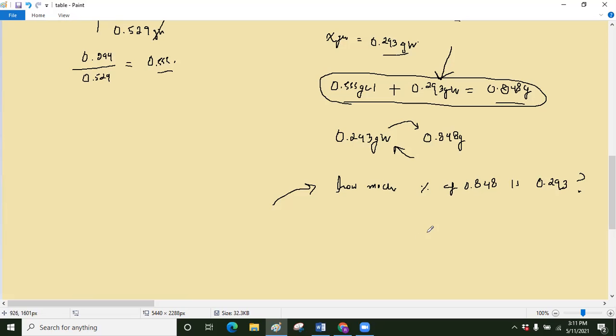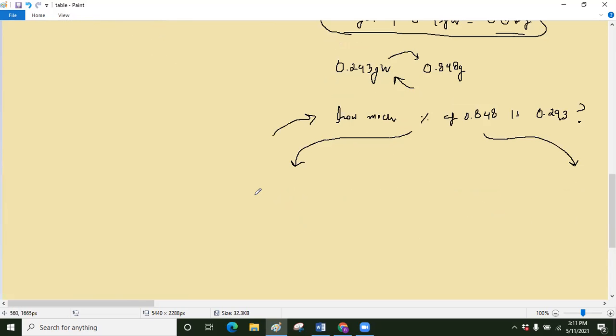And this again, you have two options here. You don't have to rush into anything. You could do the part over the whole, or you could do another method, which is a little more straightforward. But the part over the whole says that you use the formula part over whole equals the percent number over 100. In this case, we have the whole, and we have the part, and we have 100. So we want to solve for the percent number, right? You're just plugging in things that you know, solving for things that you don't. And so the part in this case is going to be 0.293 over the whole, which is 0.848,